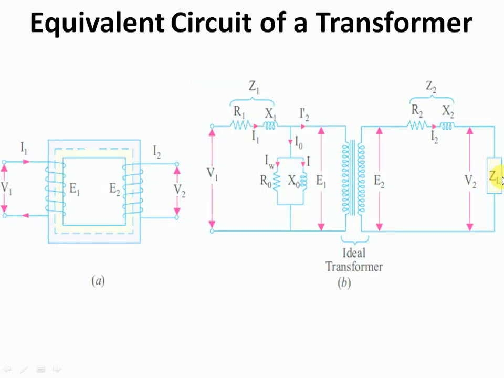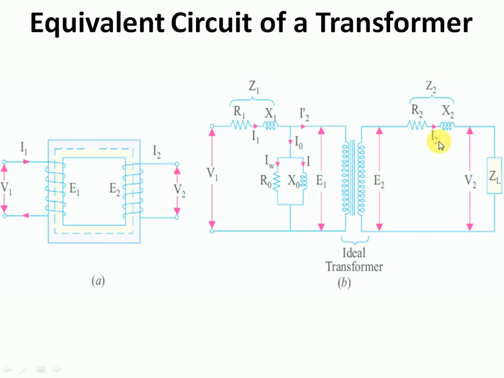Considering case 3, the load which is being connected here is actually a capacitive load. If the load which is connected here is a capacitive load, then definitely the current which is flowing through this load will be leading this terminal voltage V2 by some angle. Capacitive load means it's not a pure capacitor one, it will be RC load. If it was a pure capacitor one, then definitely this current I2 would have led V2 by 90 degrees. Since the load which we have connected here is an RC one,